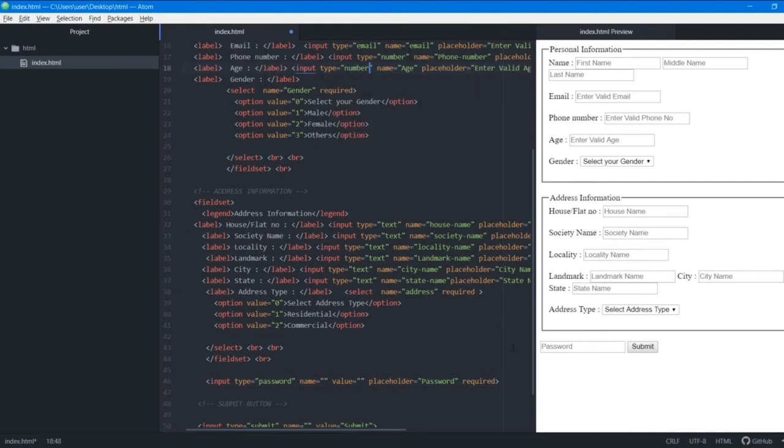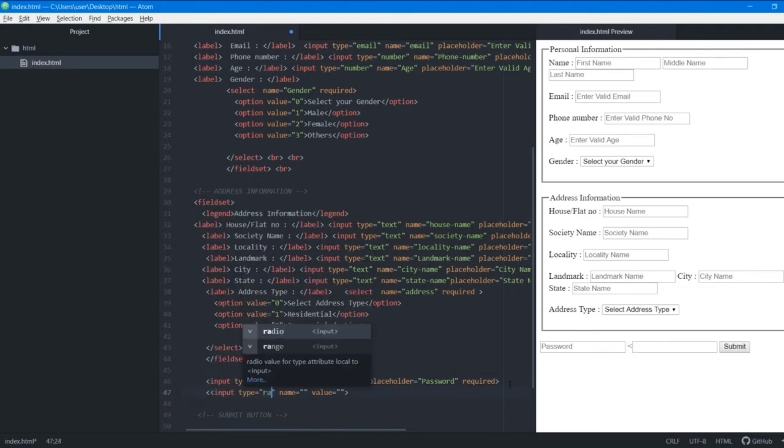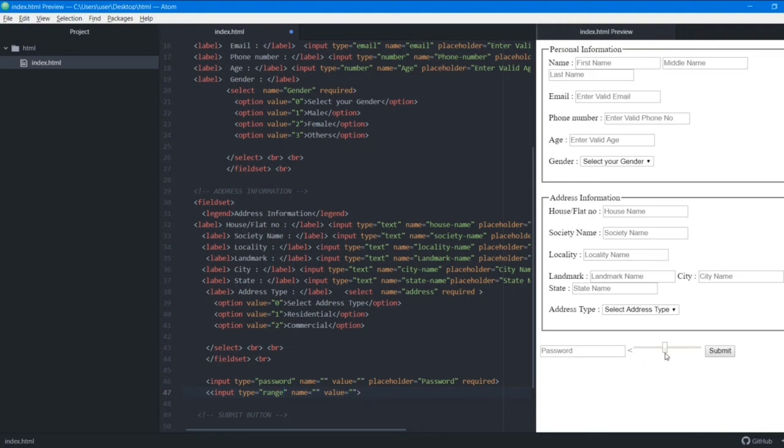Okay, now the next thing we're going to see is called a range. Let me just show you again. Input type will be range. Okay, and you can see that this has appeared here. This is a range. We can select it from 1 to 10. Now to write this range tag, the best way will be you write 1 here, and you write 10 here.